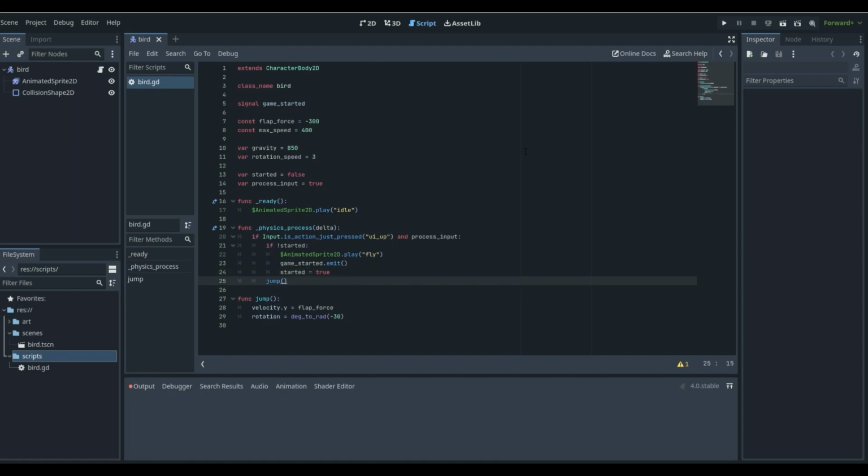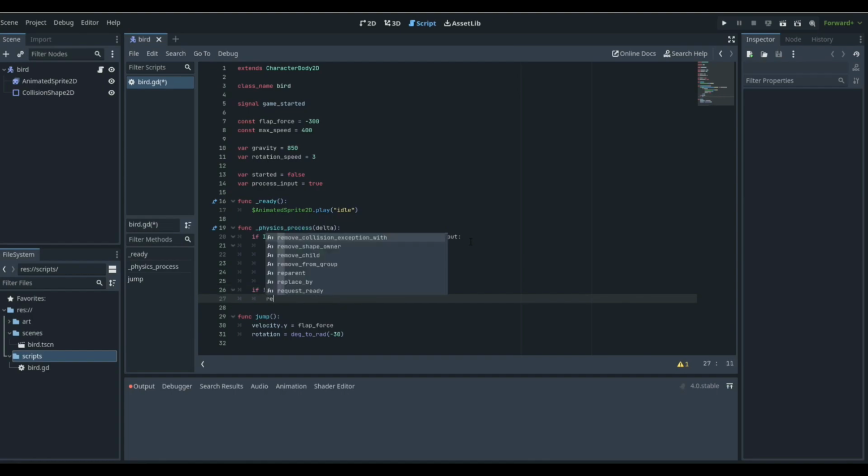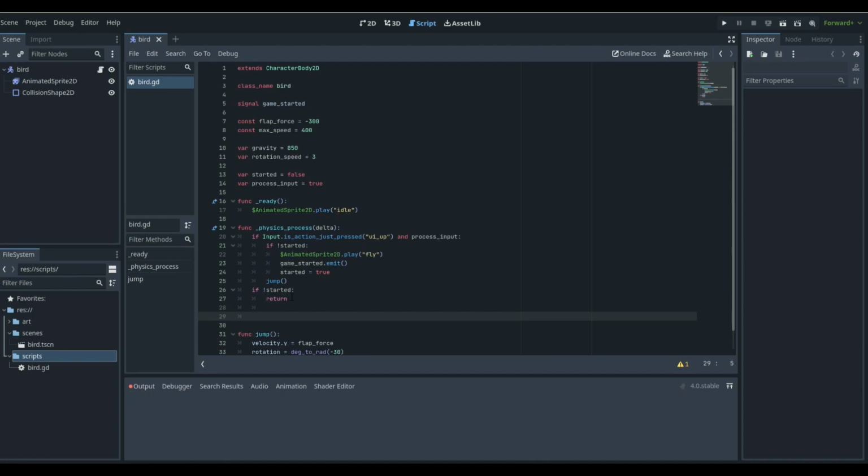And then we also want to go down here to the bottom, and if we do not click this jump button and we do not process input and the game is not started, then we want to say started. So if not started, we want to return, right? So what this is going to do is it's going to keep going back up here until the game starts. It's going to keep going through all this code right here until the game starts, over and over and over. But if the game is started, then we're going to access all this code below the